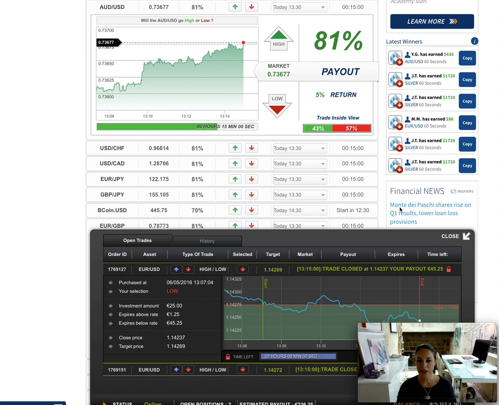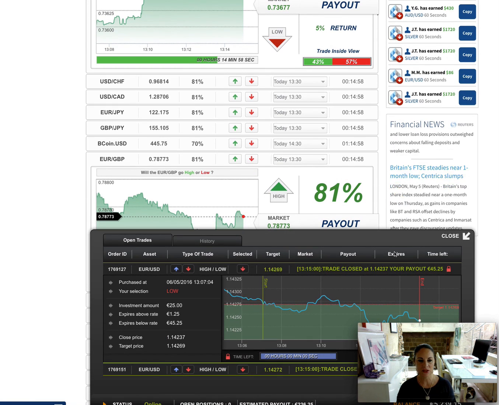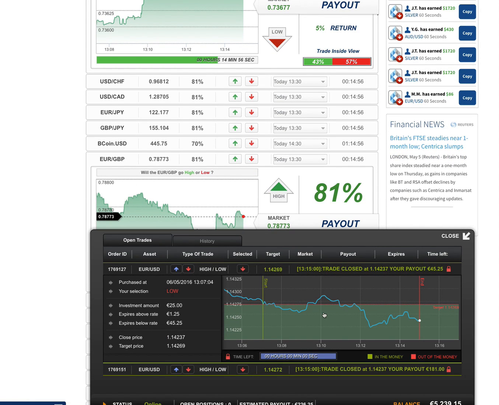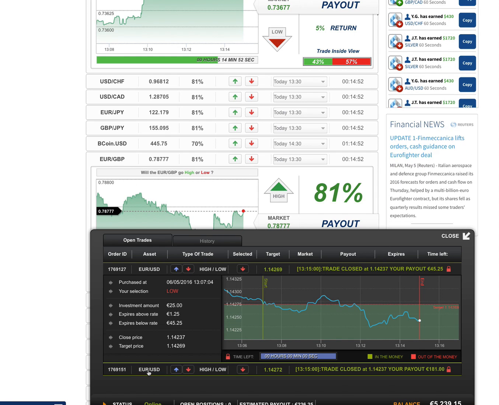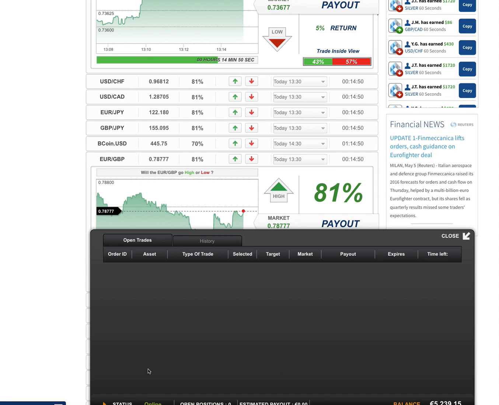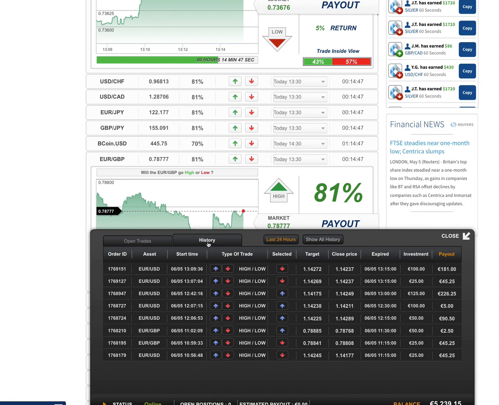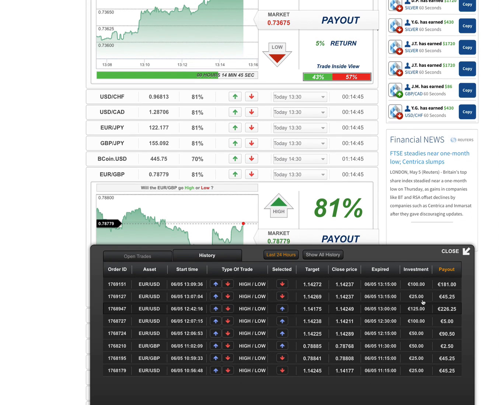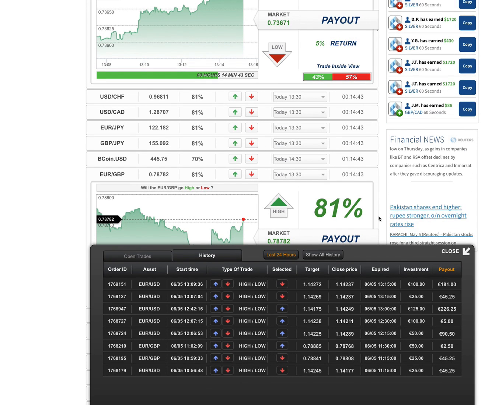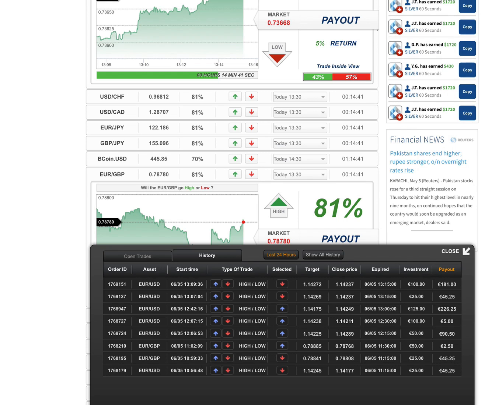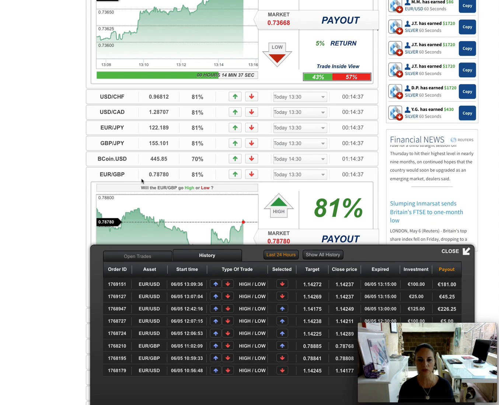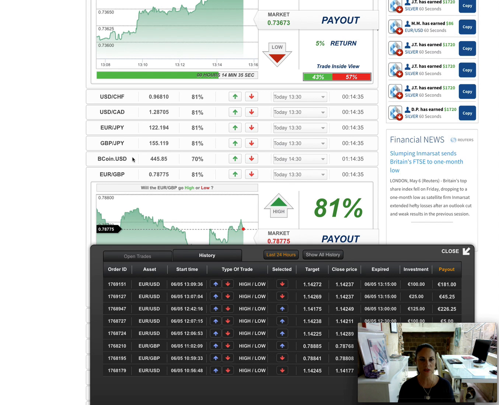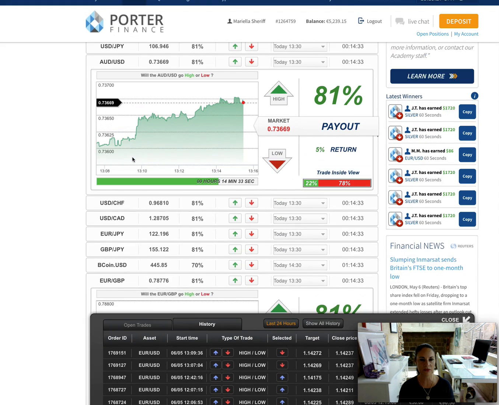Okay, here we are closing our trades. So this is one closure we have here. We're obviously very much in the money on this, and the next trade we have also in the money. Both, if we go back to our history, we can see that we have won both these trades. And basically in the past, I don't know, we were looking at about an hour of trading really. We started off with a balance of